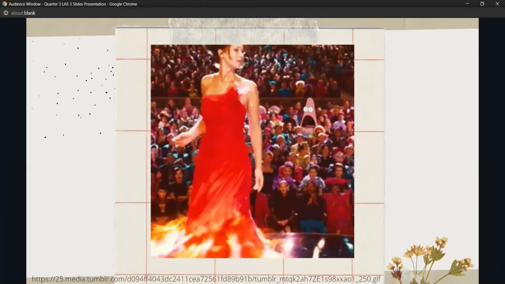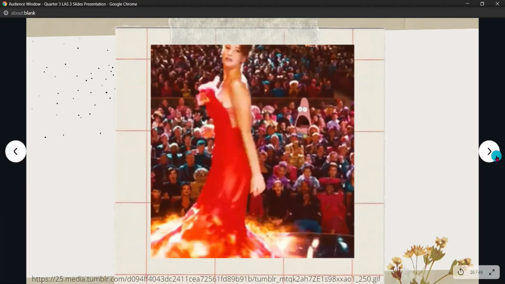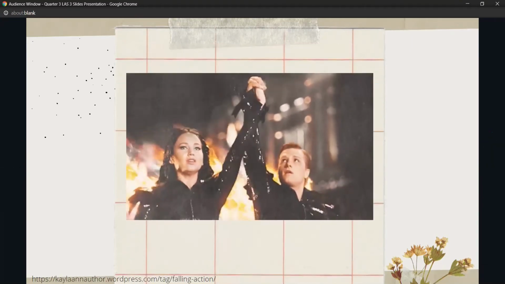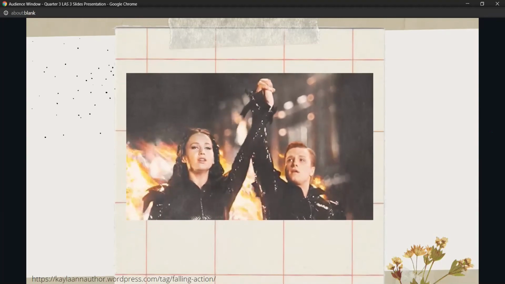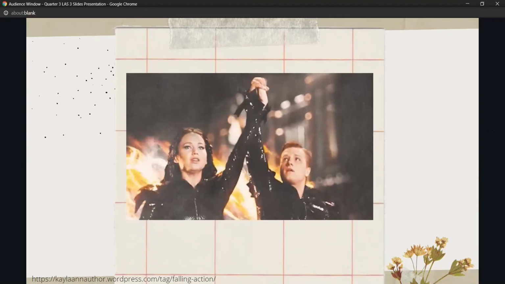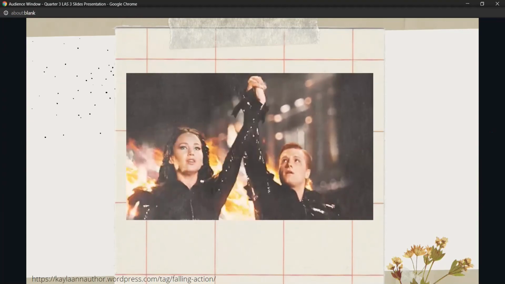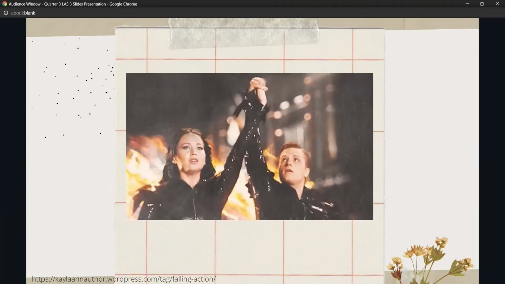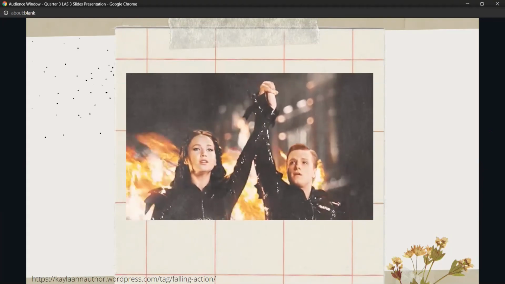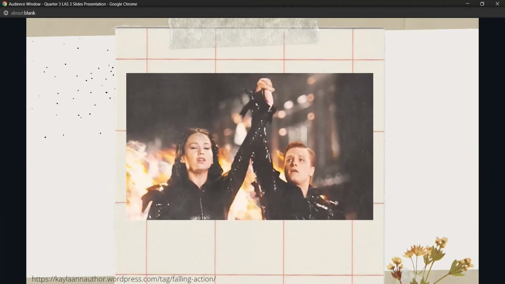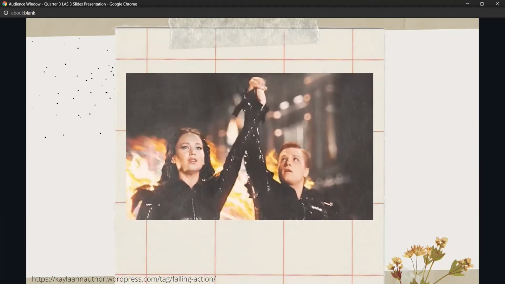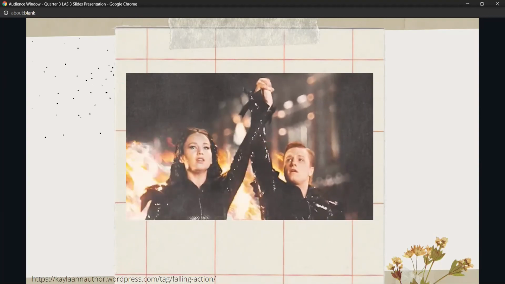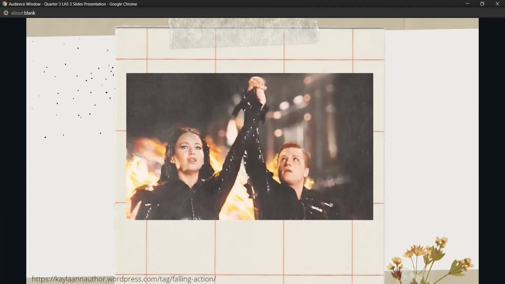Haymitch agrees with Peeta that they should be matched as the star-crossed lovers. Then, at the end of the games, Katniss pretends to be vulnerable and harmless by portraying herself as a girl deeply in love with Peeta, who would be willing to commit a suicide pact rather than win the games alone. She had to conform to the female ideal to increase her chances of surviving the games. That was a long discussion.